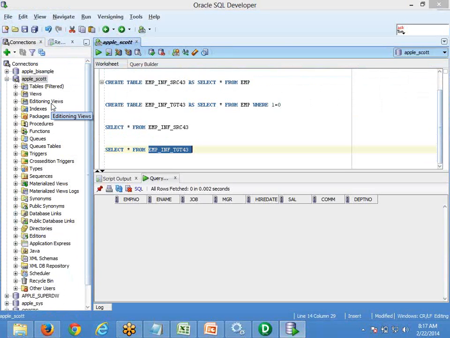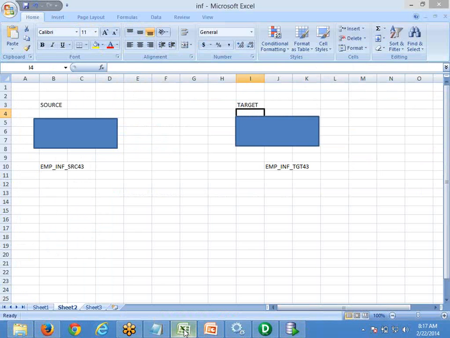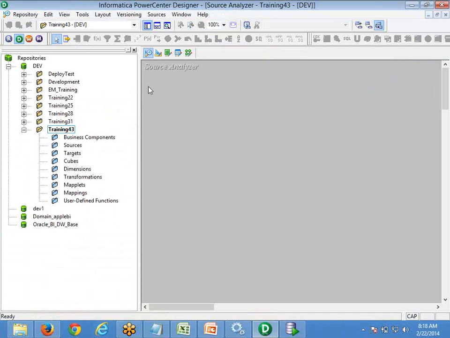In our case, this is a source for me and this is a target for me. Right now, because it is very simple, both are in the same database, but I want to extract the data from this table and load it into this table. To develop any code in Informatica, to read and then load, the first thing we need to do in the source analyzer is define from which sources you want to extract the data.